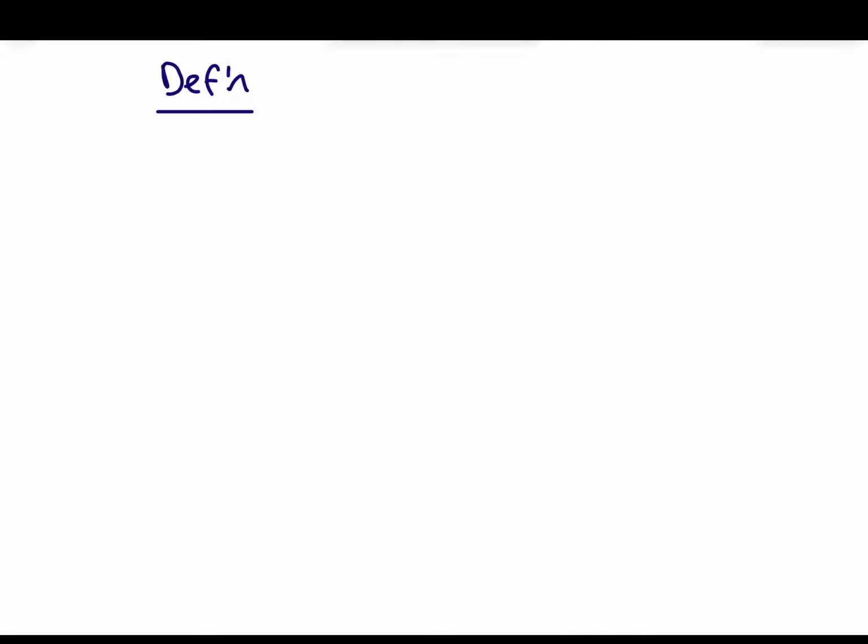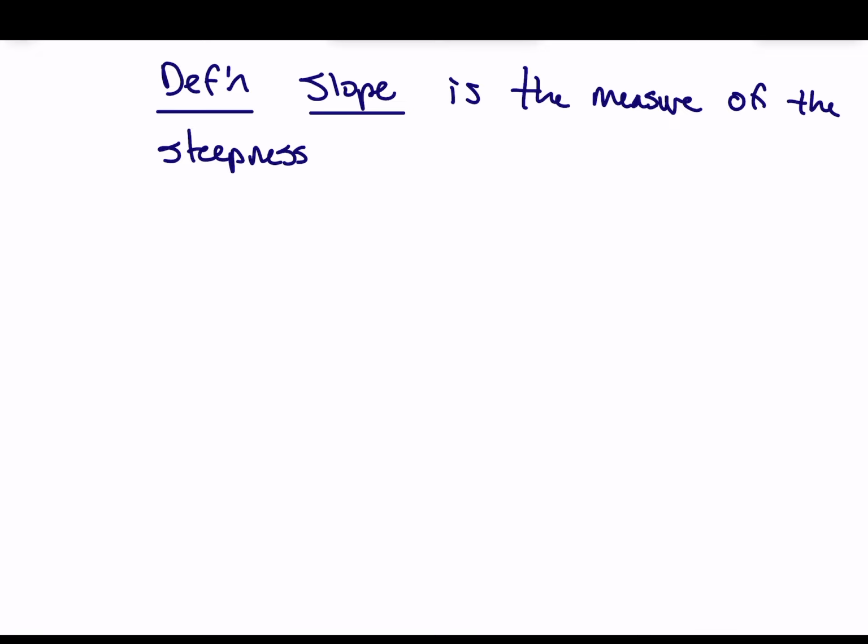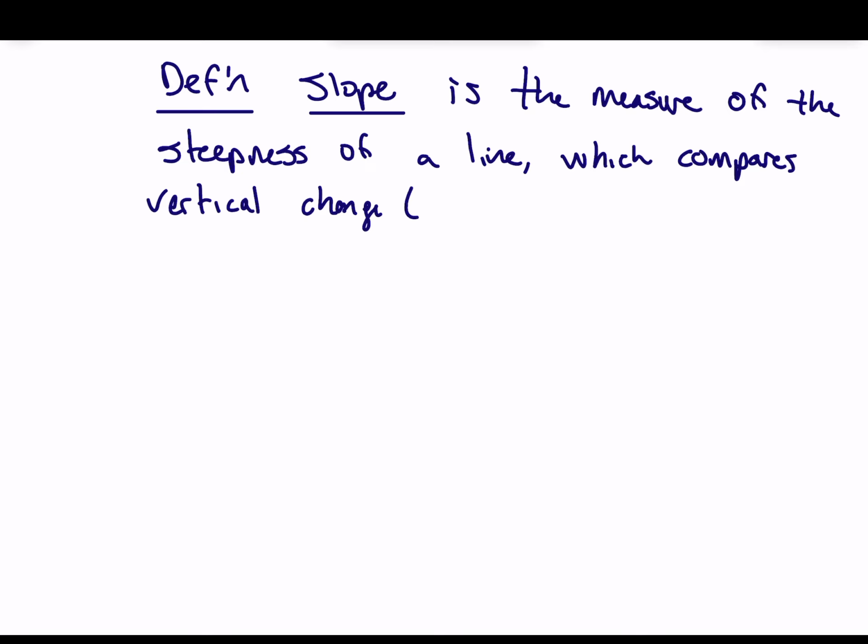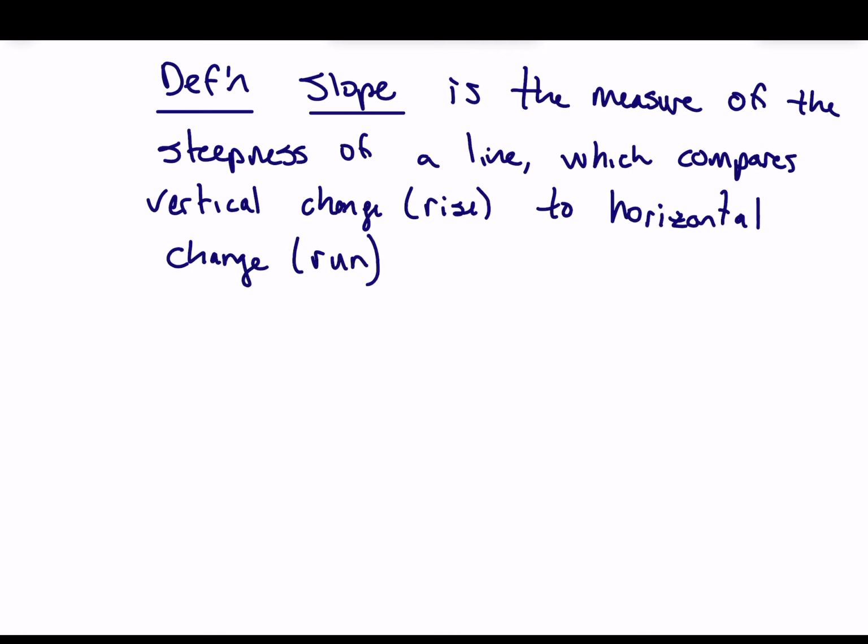Definition. Slope is the measure of the steepness of a line, which compares vertical change, which we call the rise, to horizontal change, which we call the run. Okay? The slope